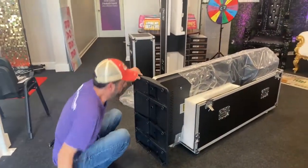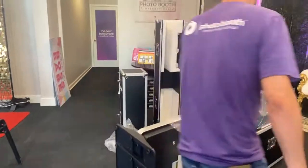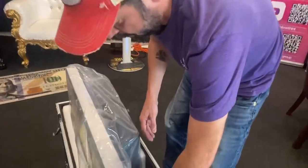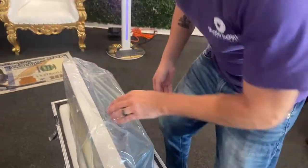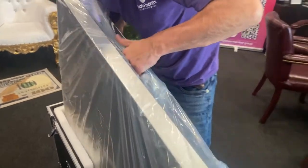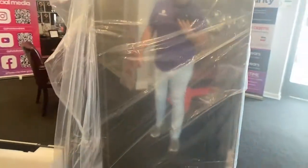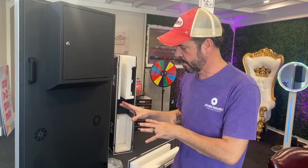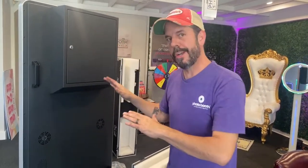All right, so you got that, and here's the fun part. All you have to do then is grab here, literally lift it out, and that's it. So while we're on the topic of this, what you do when you're tearing this down is